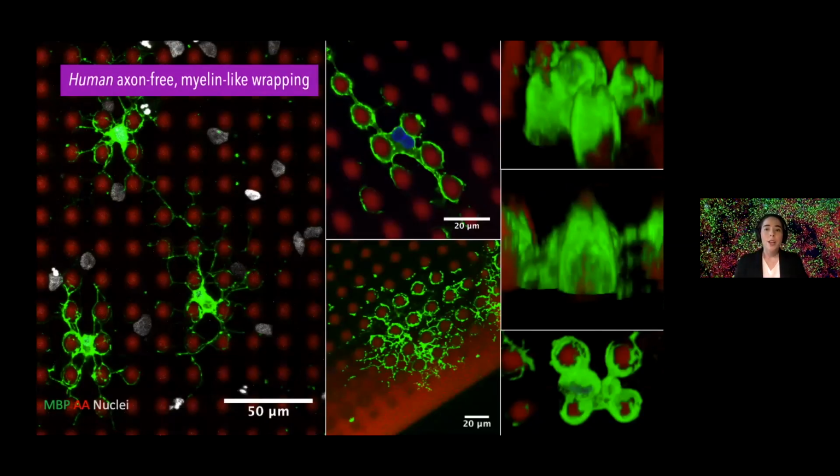I further use stem cells to make human oligodendrocytes. So everything you saw before was using rat cells, primary rat cells derived from brains. But now we can make human oligodendrocytes from cells derived from different patients or healthy donors to establish these human myelination assays, where now we can, for the first time, reproducibly visualize and quantify human-like myelin wrapping in the absence of neuronal signaling. So we can now use the simplicity, the control, and the reproducibility afforded by this system to,